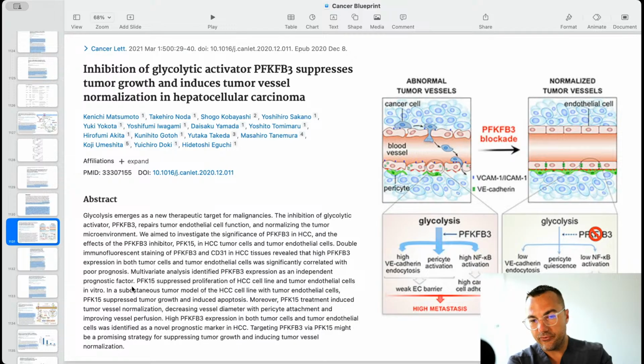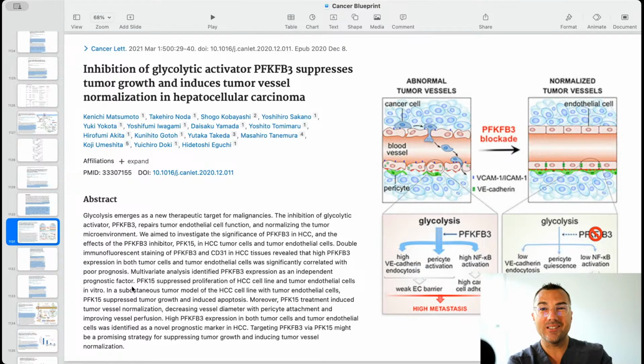PFK15 suppressed proliferation of the HCC, or hepatocellular carcinoma, cell line with tumor endothelial cells. PFK15 suppressed tumor growth and induced apoptosis. Moreover, PFK15 treatment induced tumor vessel normalization, decreasing vessel diameter with pericyte attachment and improving vessel perfusion. High PFKFB3 expression in both tumor cells and tumor endothelial cells was identified as a novel prognostic marker in hepatocellular